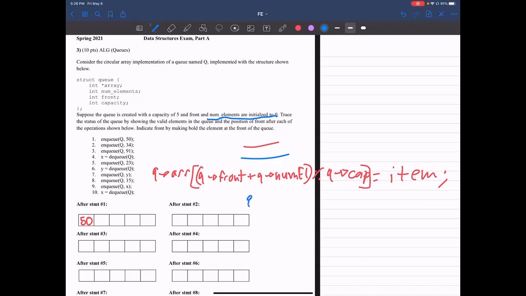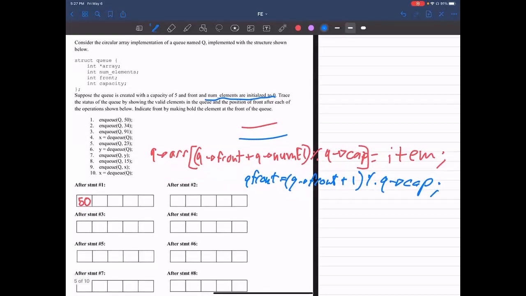And by the way, the formula for that part would have been queue front equals queue front plus 1 mod queue capacity. And the whole thing with mod is you want it to wrap around in case there might be space at the left side of the array, to the left of the front in the index, but you're going to want to wrap around in case you exceed the capacity of the array, so you don't segfault. So we would have incremented it, and now our front,